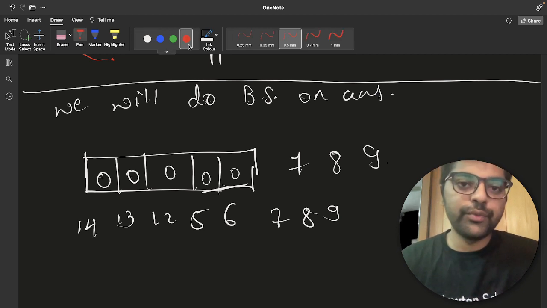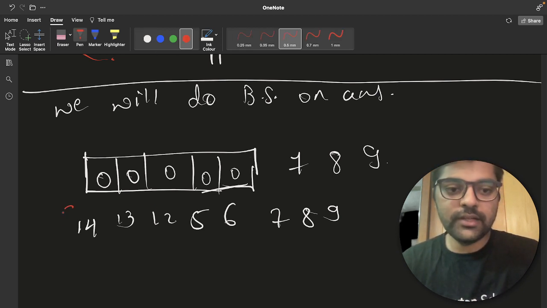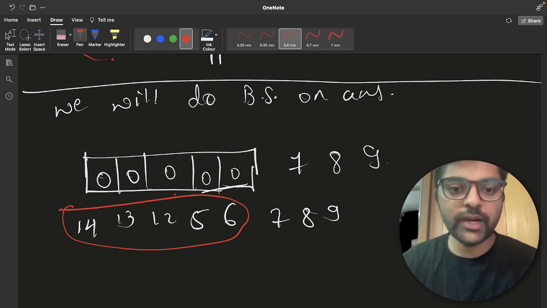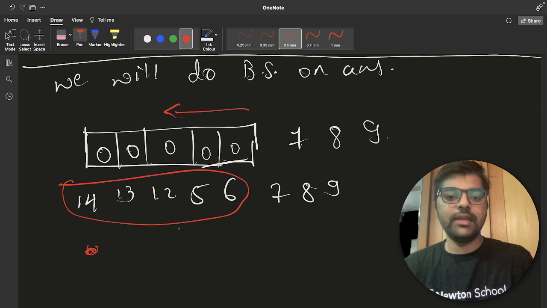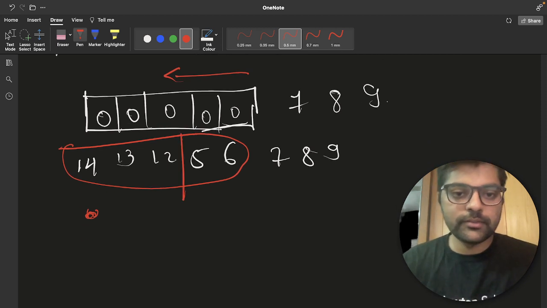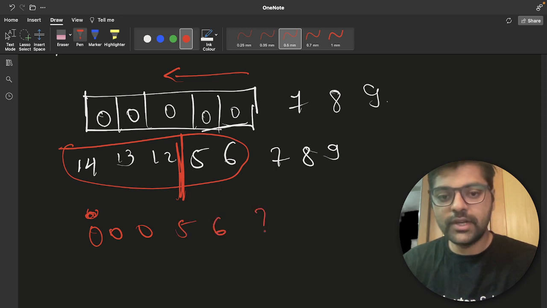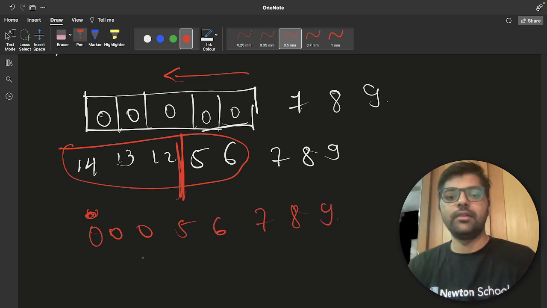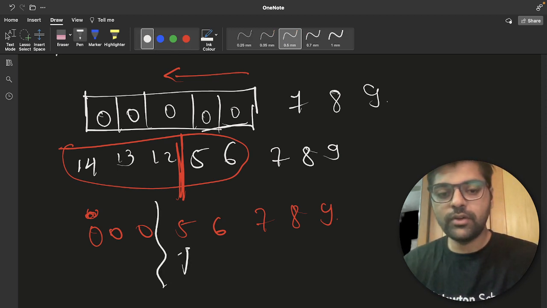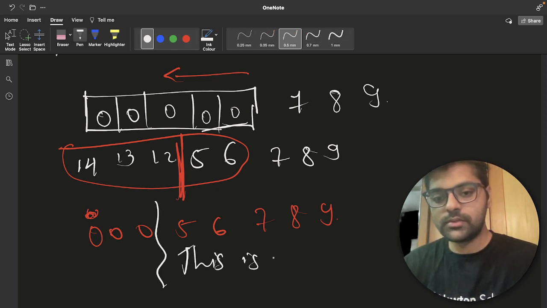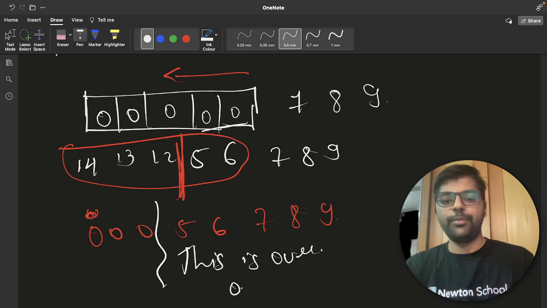Let's say we know that we can make it 0 up to this, but we wish to minimize the number of 0s. Then we will check on the left side, can we make it like this one, only these 3 0s, then 5, 6, 7, 8, 9, right? So this is our optimal answer.